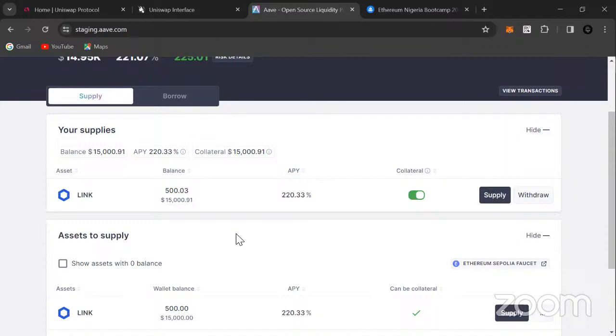So you do your research, check, then for the coin you want to supply, you can buy the coin from a centralized exchange like Binance. Then you move the coin to your MetaMask wallet, interact with the website from your MetaMask wallet, supply the coin, and just watch it grow. As we're talking, if you're seeing my screen, our $500 just added another 0.01. It's now 3. If this was the mainnet, this is the amount you would be getting for these seconds that are passing.